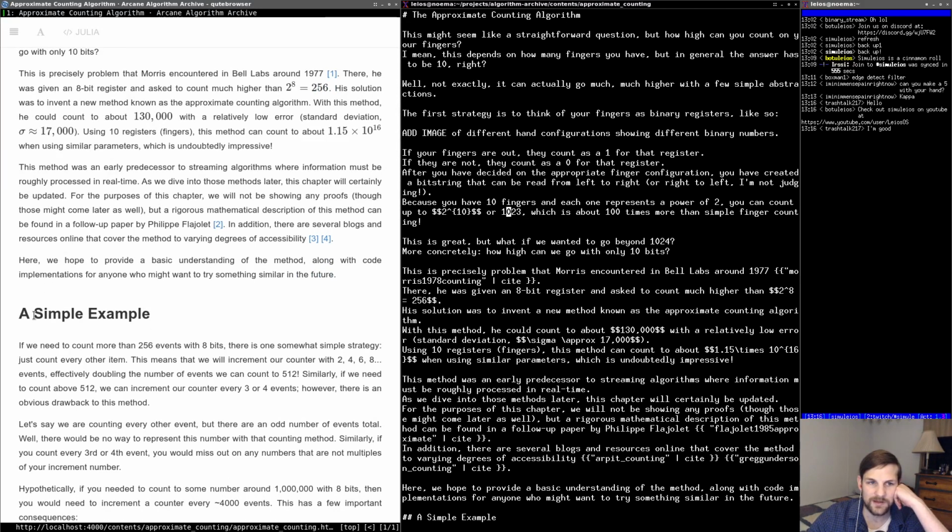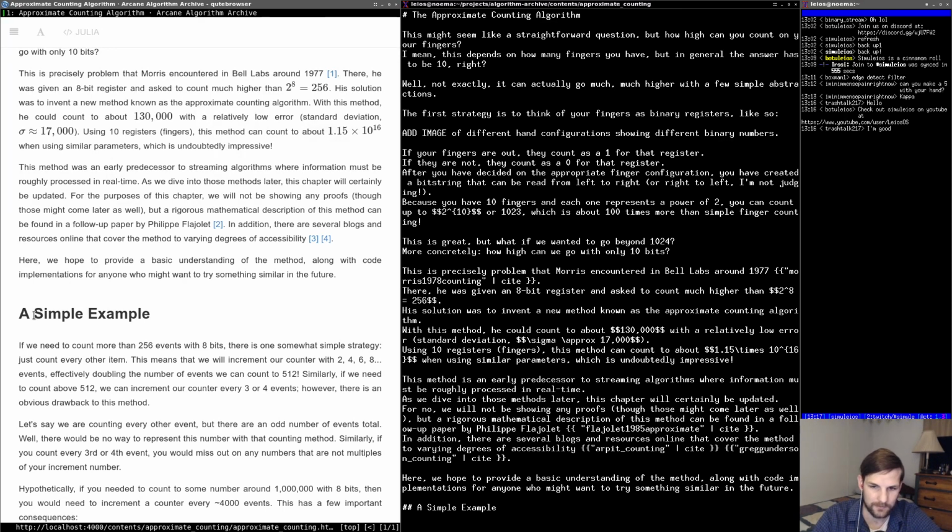This method was an early predecessor to streaming algorithms. I guess it is, probably not was, it still is an early predecessor to streaming algorithms where information must be roughly processed in real time. As we dive into those methods later, this chapter will certainly be updated. For the purposes of this chapter now, I'm just going to say for now,